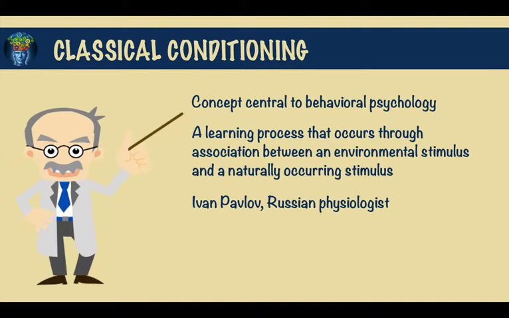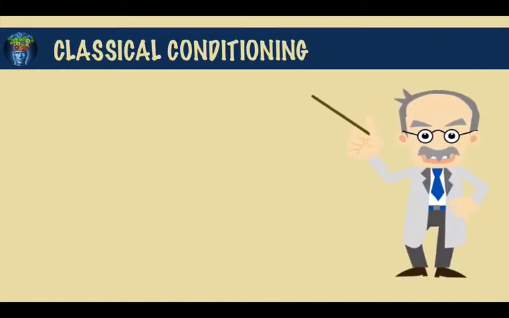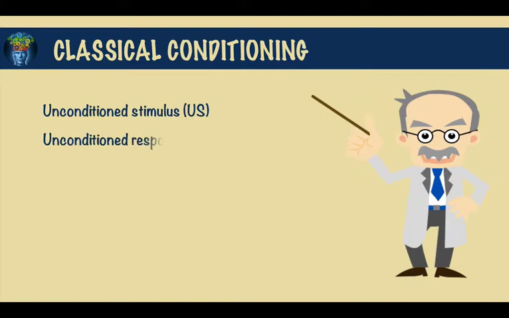So when the dogs began salivating in the absence of food, Pavlov realized that this response was not due to an automatic physiological process, but rather that it was a learnt response. So the classical conditioning procedure requires the existence of an unconditioned stimulus that reliably elicits an unconditioned or unlearnt response or reflex. For example, salivation is the unconditioned response to the smell or sight of food, which is the unconditioned stimulus,